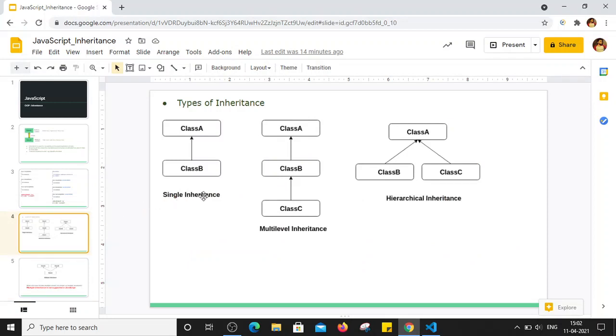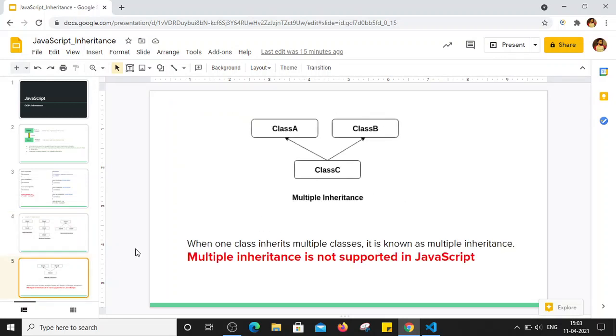That is single inheritance, where a single child and single parent are there. There is multi-level inheritance, where class A has class B as a child and class B has class C as a child. And it also supports hierarchical inheritance, where a single parent can have multiple children,